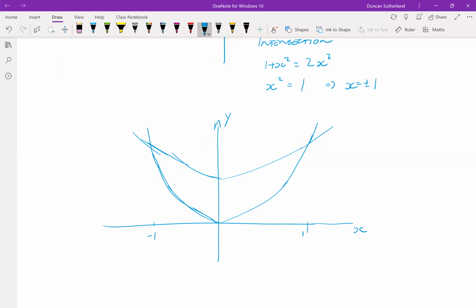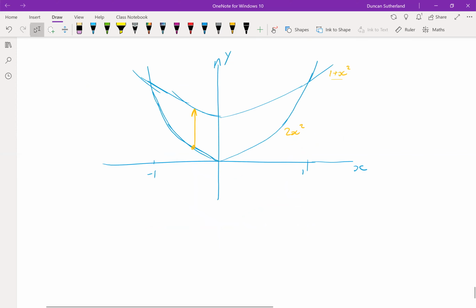Okay. So if we integrate with respect to y first, we pick an x value and we integrate upwards. Right, so this was 1 plus x squared. This is 2x squared. Those lines there. So with respect to y first, we start at the line 2x squared, and we stop at the line 1 plus x squared. So our integral becomes